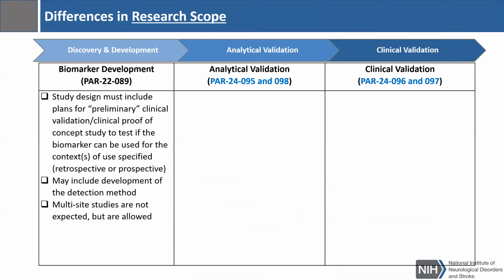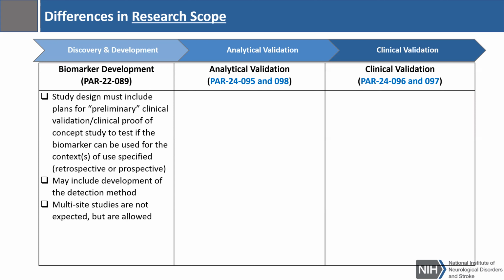Now, differences in research scope for what you're actually proposing for each of the funding opportunities. In PAR-22-089, the study design might include plans for preliminary clinical validation and are expected to include proof of validation, clinical proof of concept, to test the biomarker for a specific context of use. This doesn't have to be a multi-site study. It can be if it's necessary. It can include the development of the detection method, doesn't have to, but you do have to have that initial